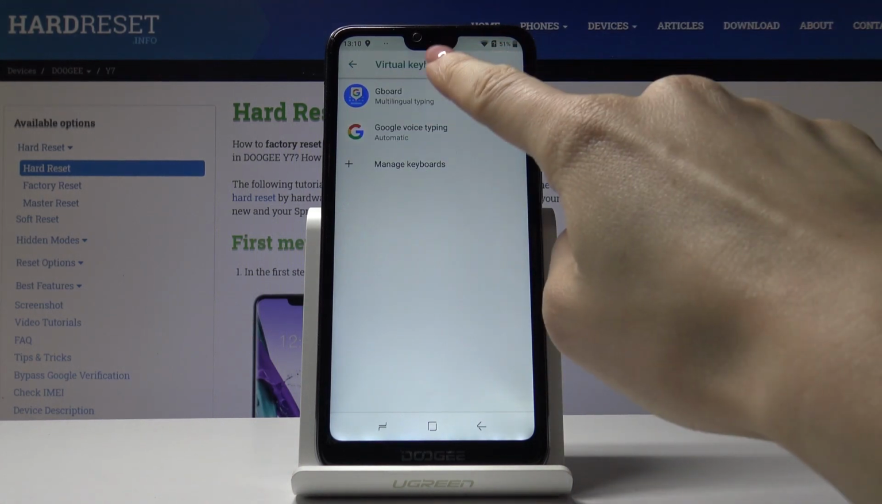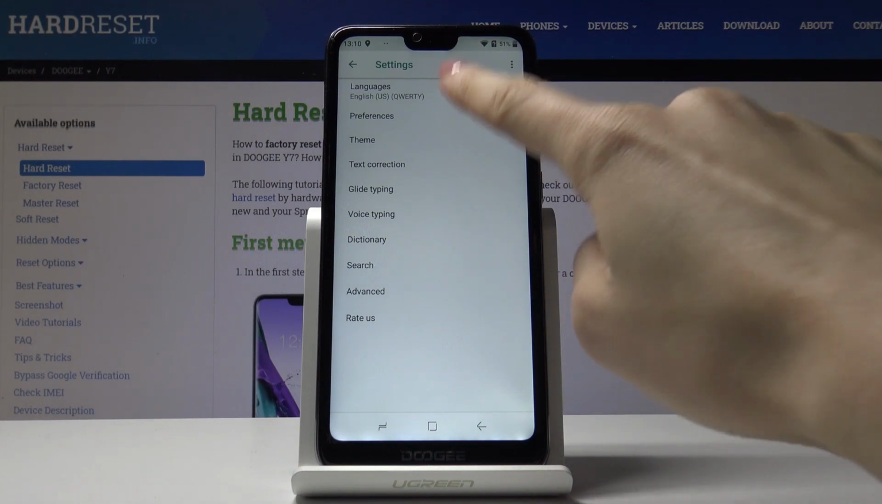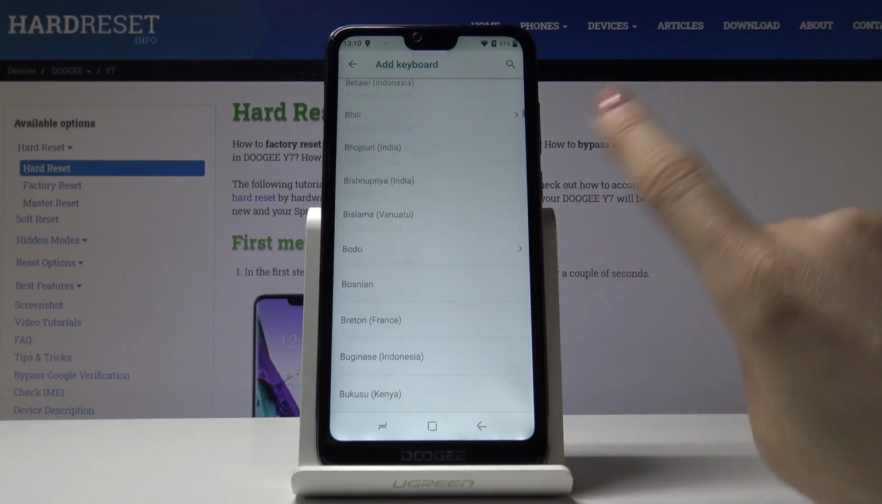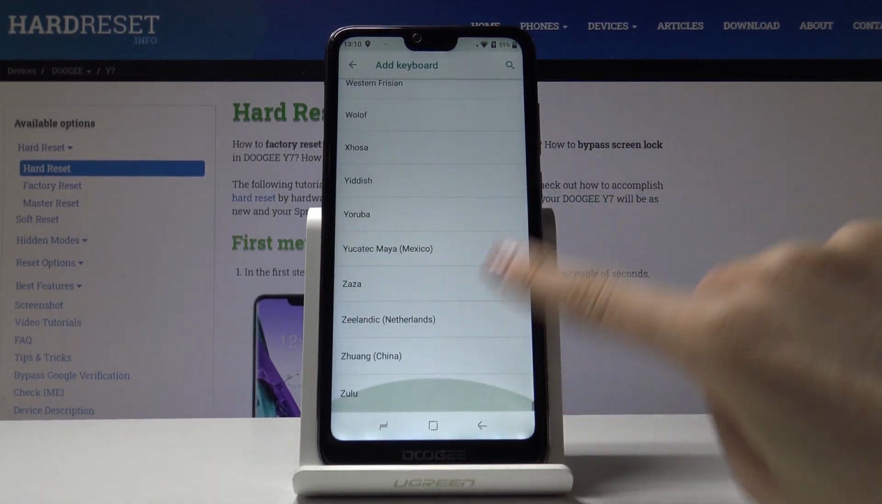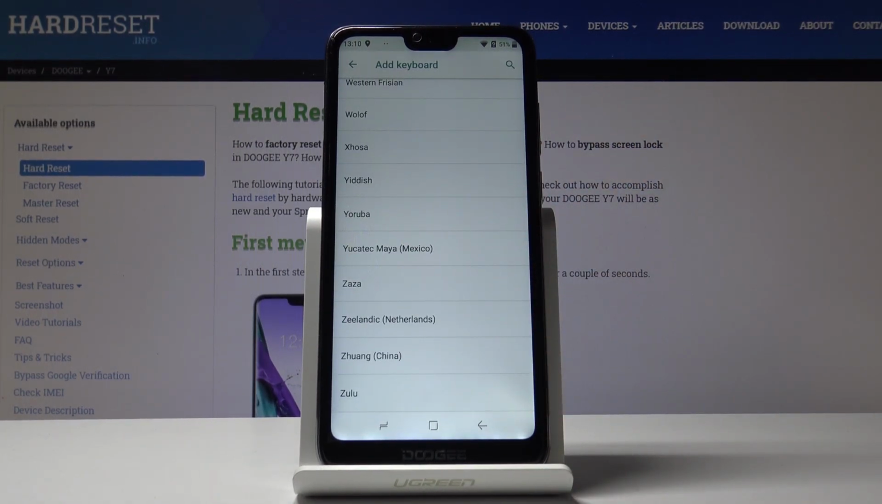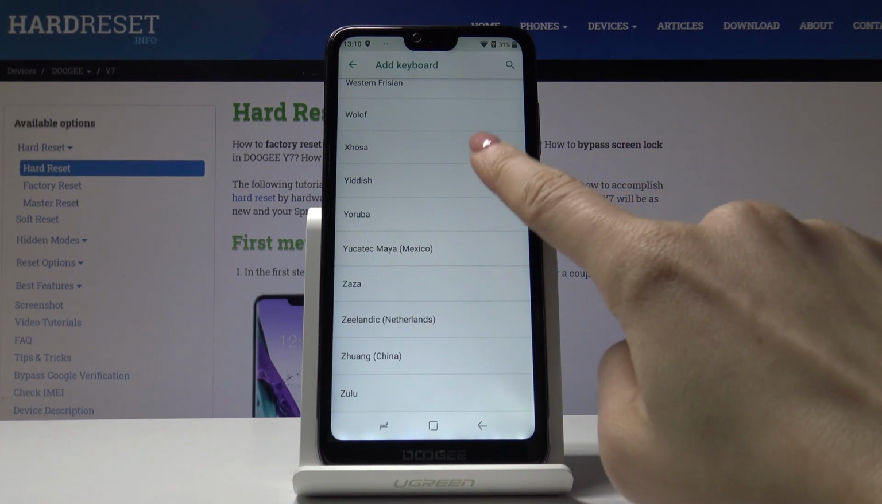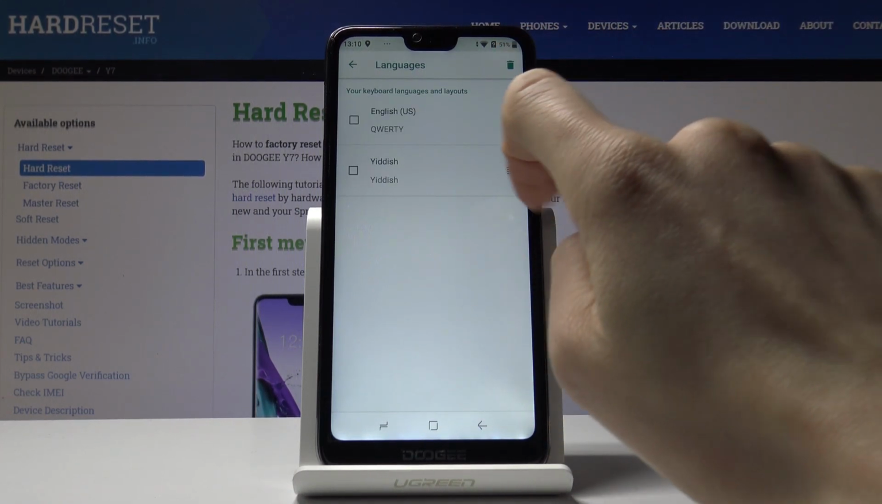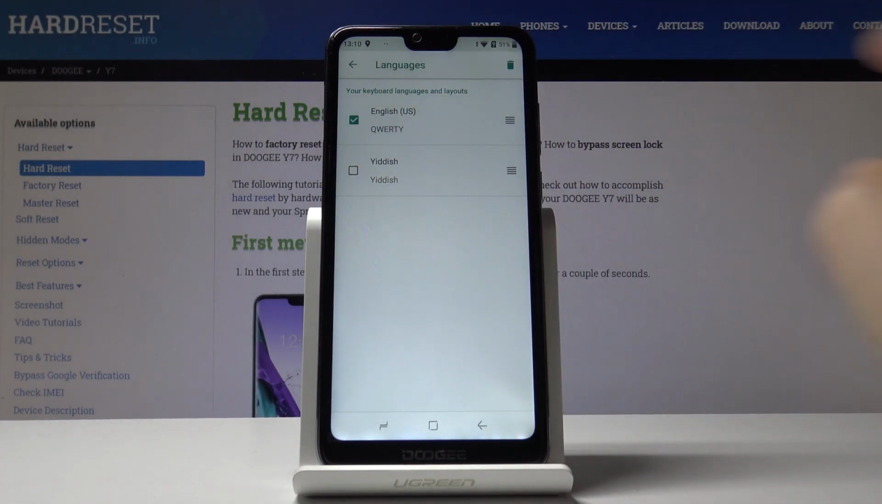Then select Gboard and pick Languages. And now by tapping on Add Keyboard, you can select the one that you would like to apply. As you can see, DOOGEE prepared a wide list of languages, so just pick the language that you would like to have. Then click on Done and smoothly remove the current one by tapping on pen icon, then mark it